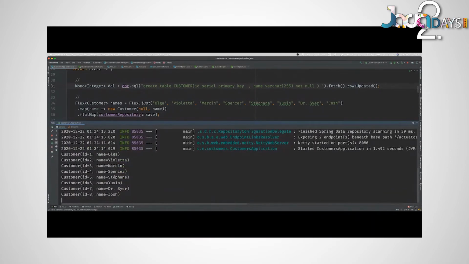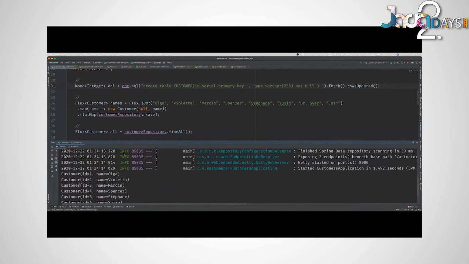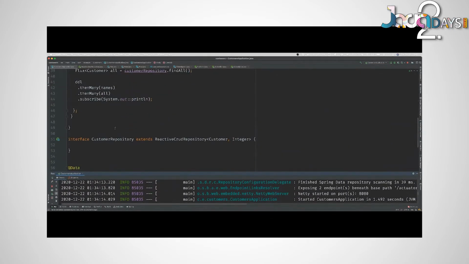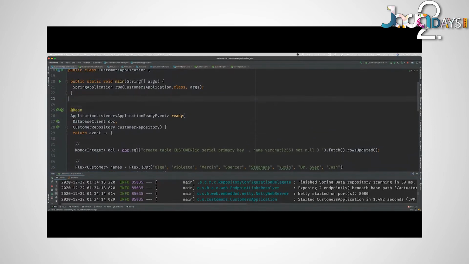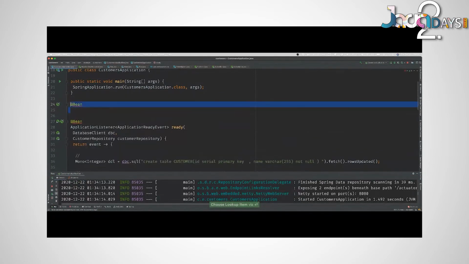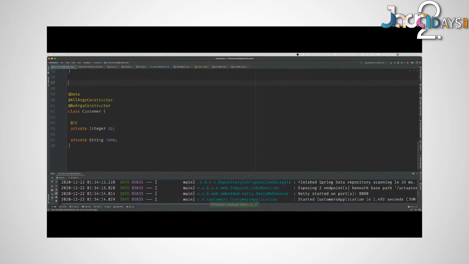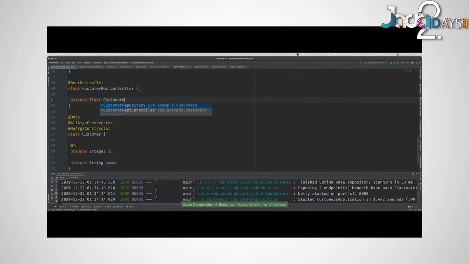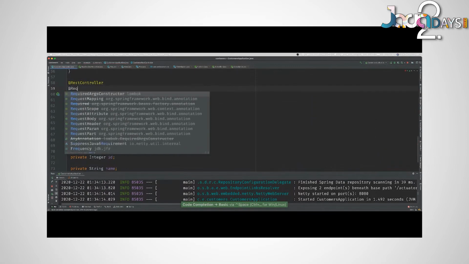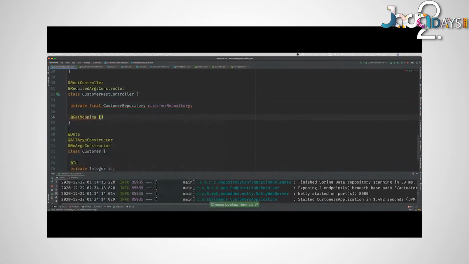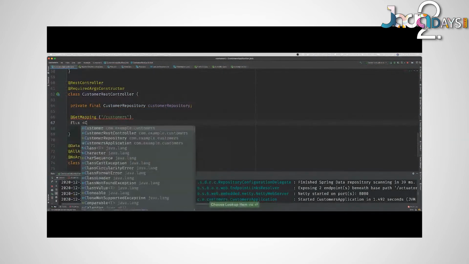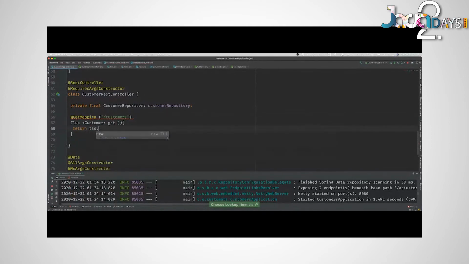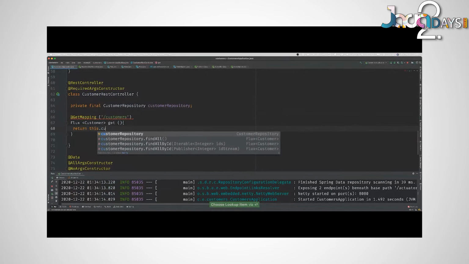It's working. Okay, good. So now the next thing I want is I want to create an HTTP endpoint, right? So I'll say that, well, actually, you know what? We can do it this way. We can create a Spring MVC style REST controller, class customer REST controller, right? Private final customer repository. And I'll inject this into the constructor. And we're just going to create an endpoint here called customers. Okay, publisher of customer get. Find all, and voila. Okay, there's my customer repository.